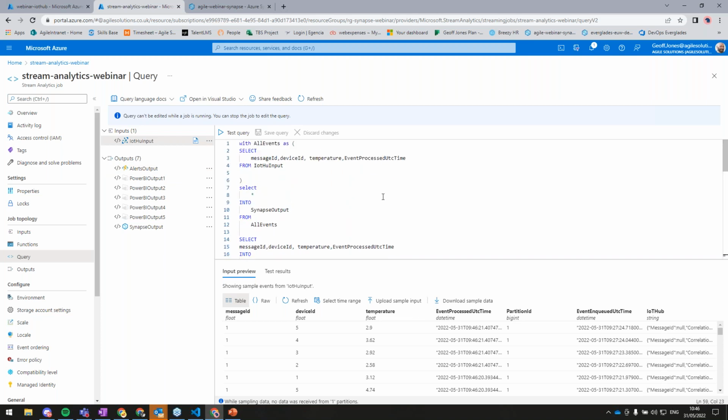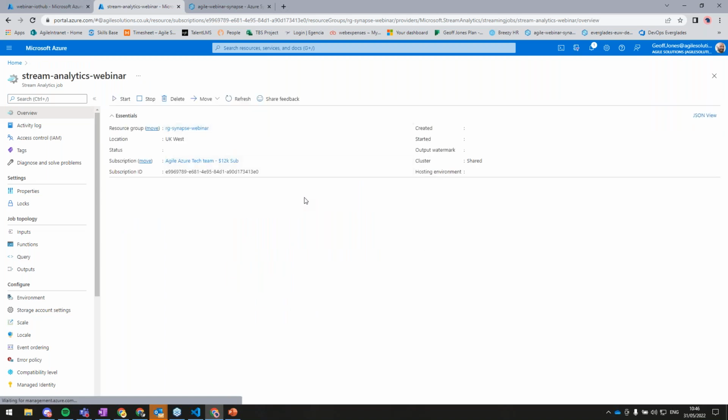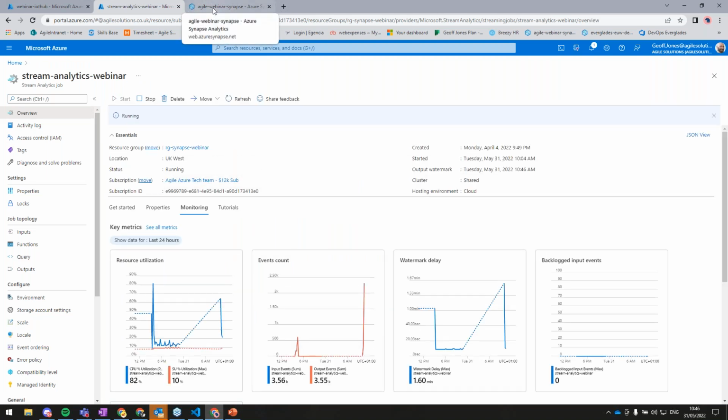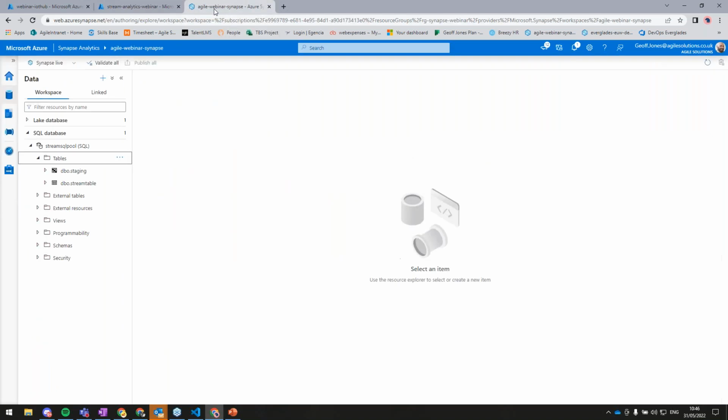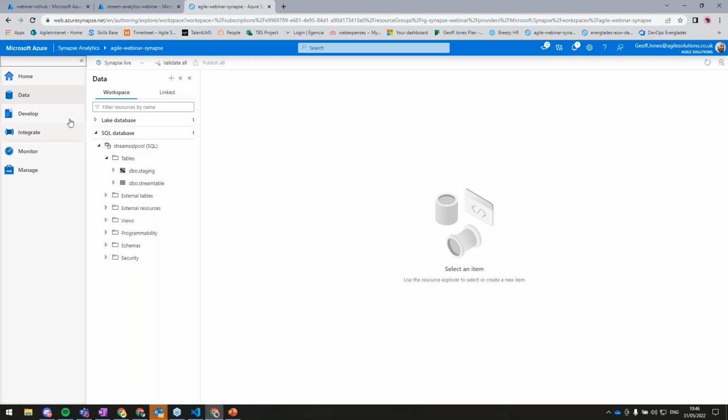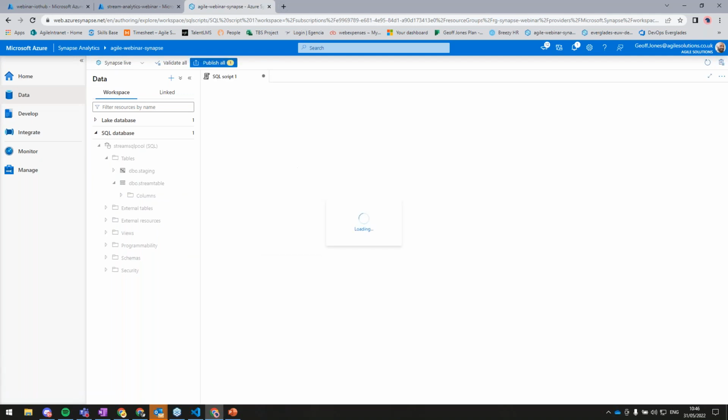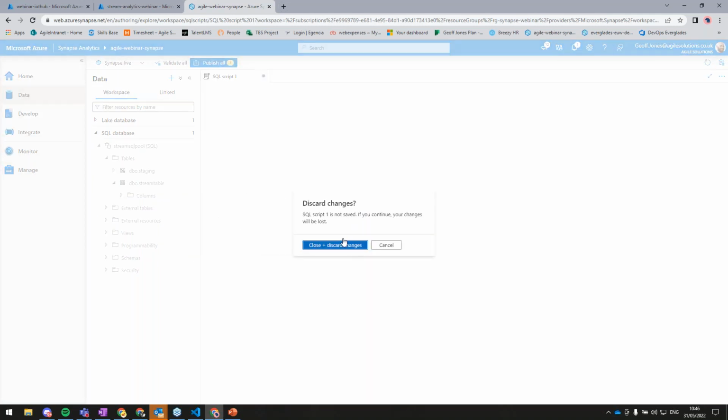So now that we have all those systems configured, I'll just quickly go over our SQL dedicated pool. In Synapse, we have this dedicated SQL pool that exists. We can see that in our data tab in our SQL database, and we've got dbo.streamtable. This gives us all of our data, and we can just query that. I've written create rather than select.